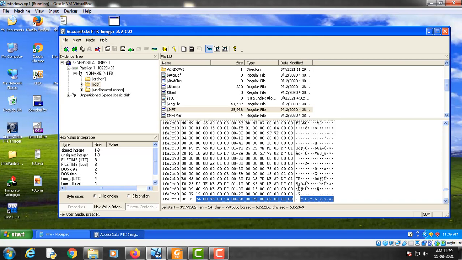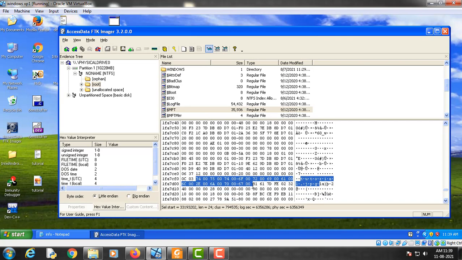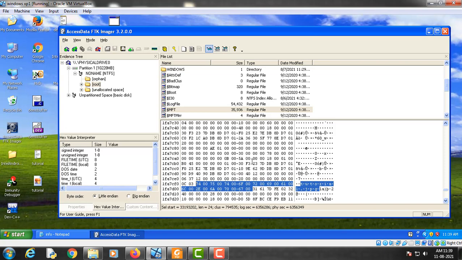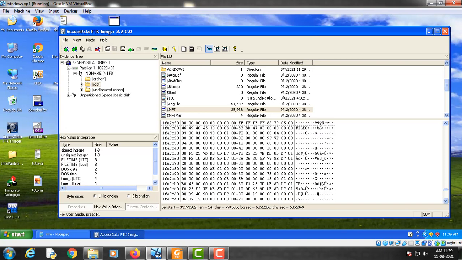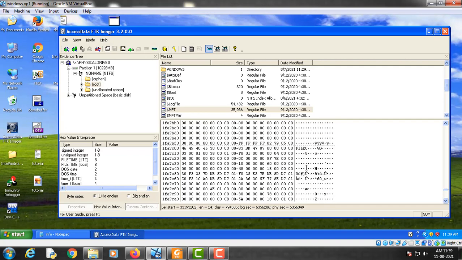So we have reached the location of tutorial.jpg in the master file table. If we scroll this, then if you look here, this tutorial.jpg's records are starting from this file signature.